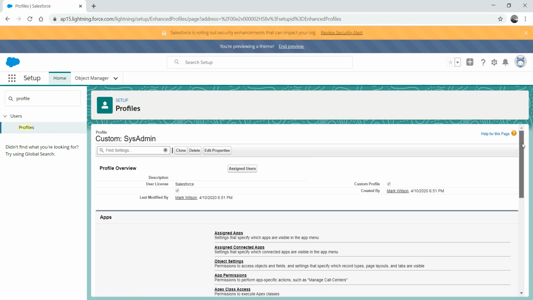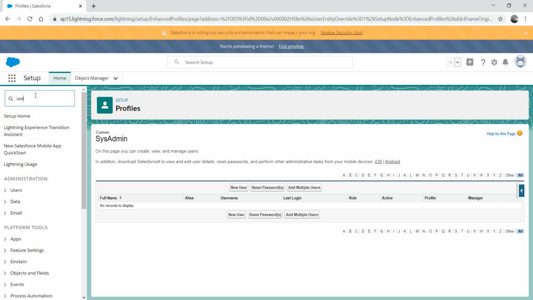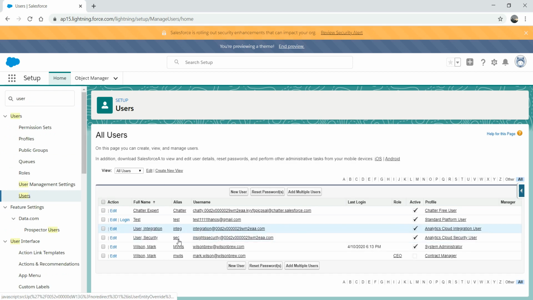Now, the one thing you have to remember is that it's great that we created a profile, but we have to assign a user to it. The way you can do that is you can go to assign users, and you can add a new user here, or you can add an existing user here. So what I'm going to do is assign an existing user to this profile. I'll go to users, and if you remember, I've created this test user, so I will go to edit